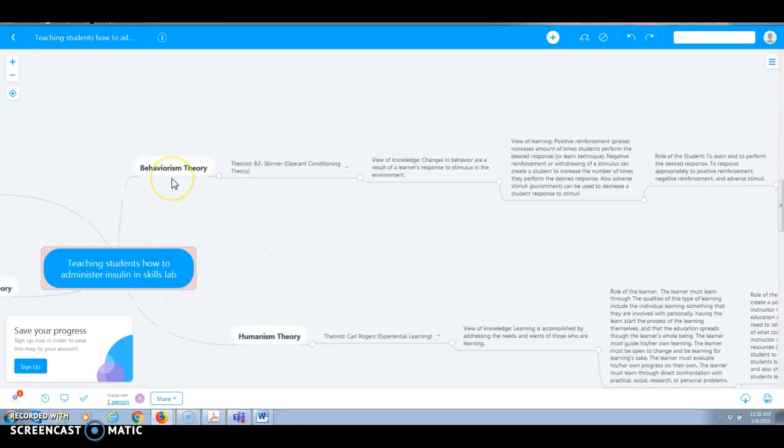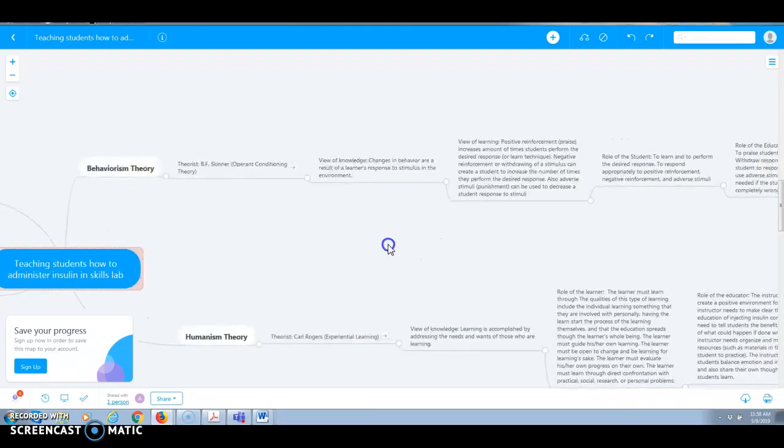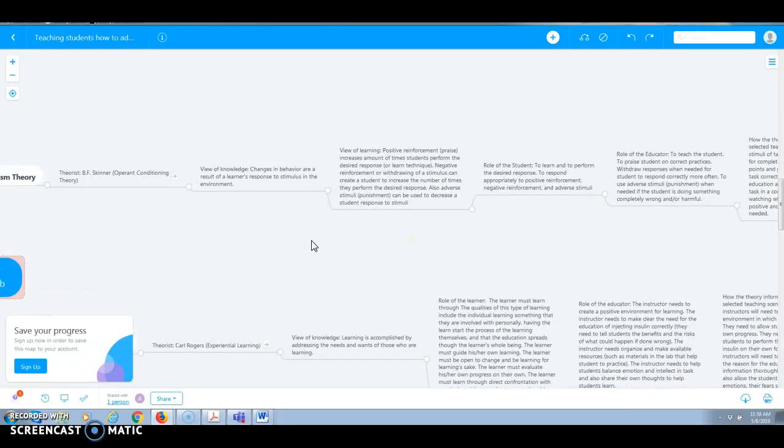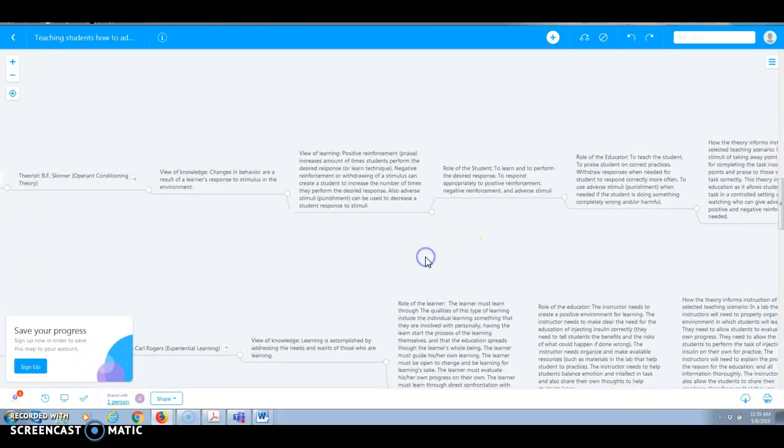So you have behaviorism. Okay? Behaviorism is definitely Skinner, right? Definitely a Skinner thing. He's the big theorist when you think about behaviorism, although there are others. Changes in behavior are results of stimuli. That's correct, right? Positive reinforcement, and then negative reinforcement, or a withdrawal stimulus, which we often think about as punishment.